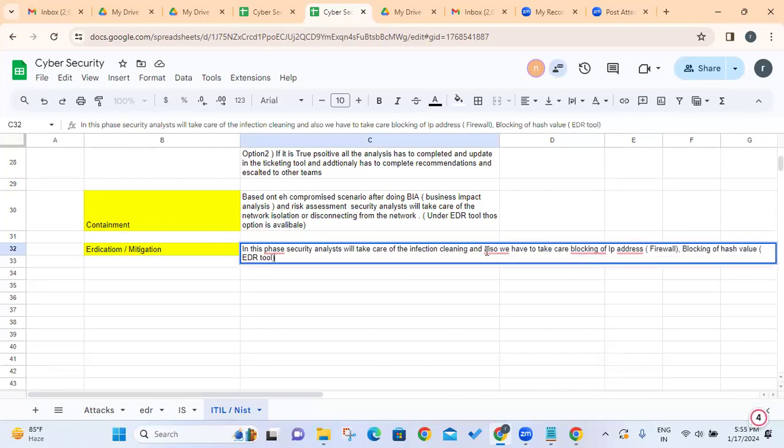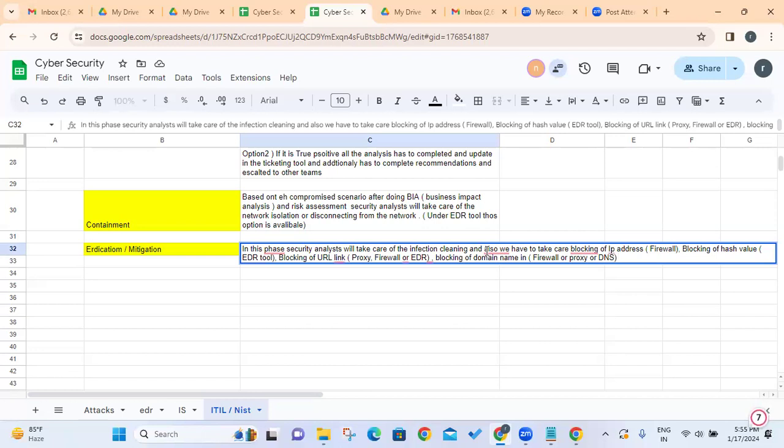EDR tool; blocking of URL in proxy or firewall or EDR; blocking of domain name in firewall or proxy or DNS. Okay, so based on the scenario,